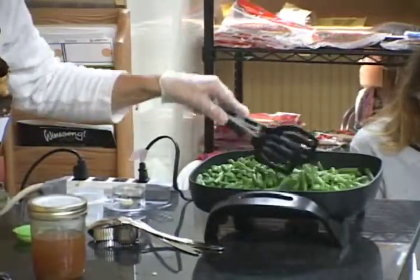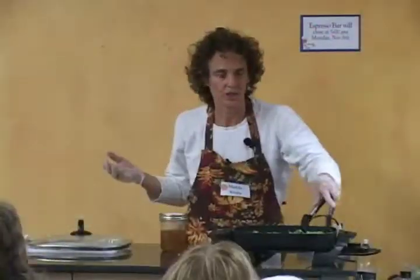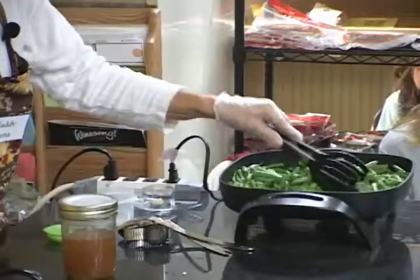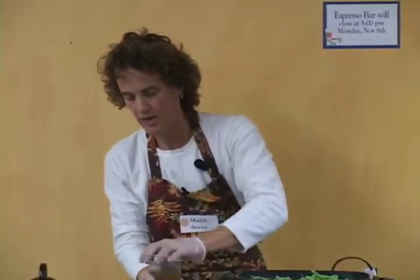So what I'm doing here is I'm just getting everything coated with oil. There's just a little bit of oil. I probably used a little more than a tablespoon, so I think about 4 teaspoons. Now when I make this at home for just Tara and myself, I just use about a teaspoon of oil. It's just to get it going, because now comes the